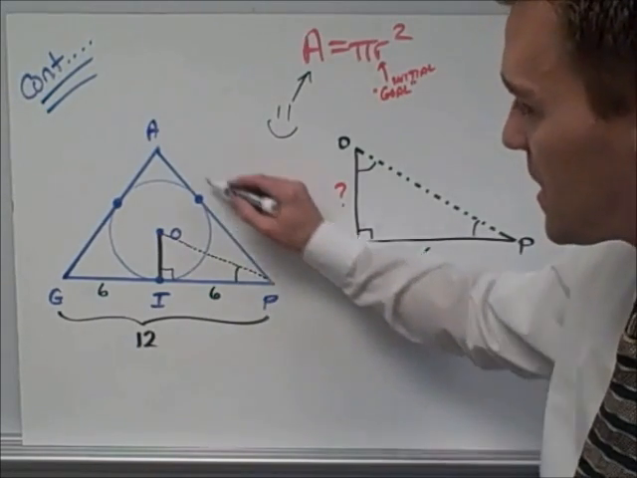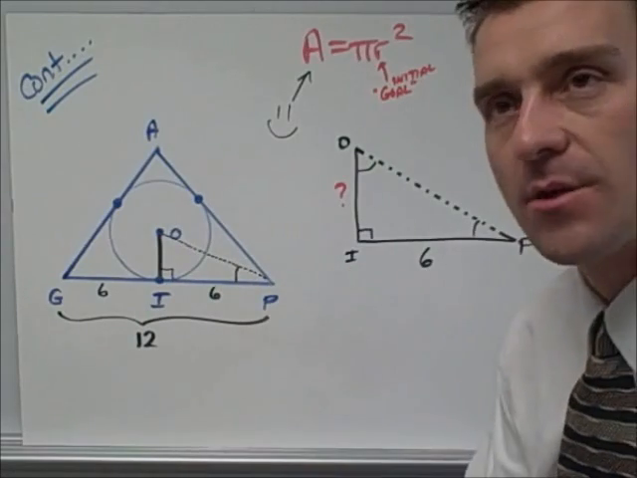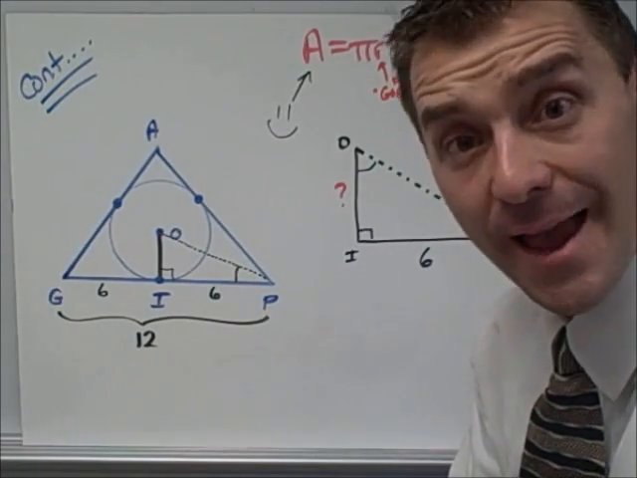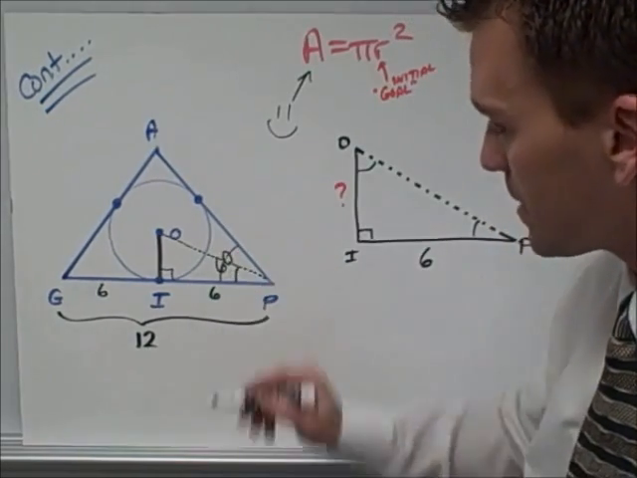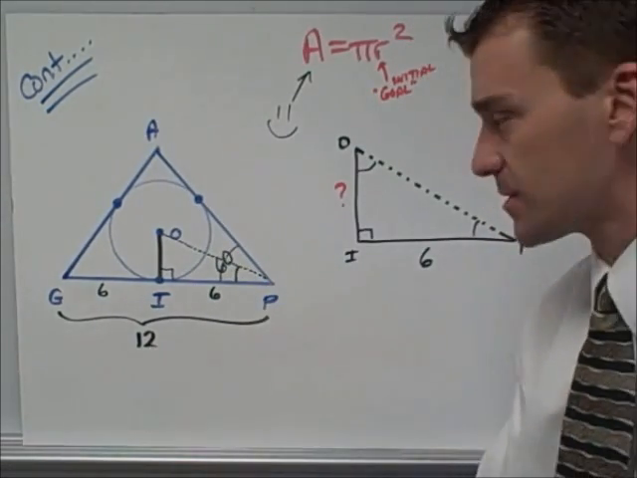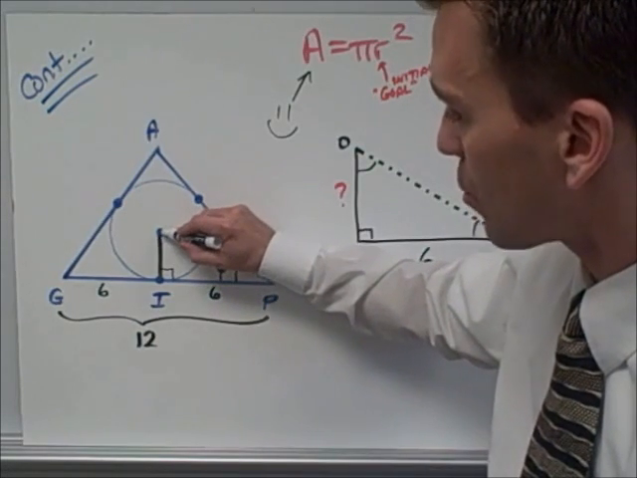Because this is an equilateral triangle, GAP. So in an equilateral triangle, that means it's equiangular. So this whole angle right here is actually 60. Now you're kind of guessing right now, but you could go through and draw this